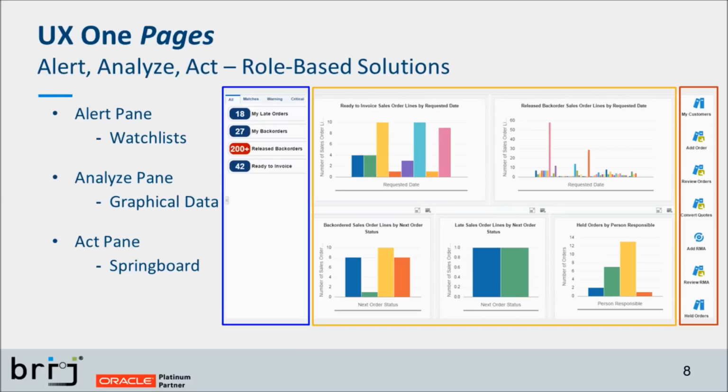Sorry about that. UX1 pages are the role-based solutions that follow this whole alert, analyze, and act design principle. These contain 3 main panes. The first one is going to be your alert pane that contains your watch list. So if you're looking here on the left side of this image, this is an alert pane. In the center is going to be the analyze pane that's going to present your graphical data for analysis. And over to the right is an act pane that contains the springboard with the key tasks to resolve this